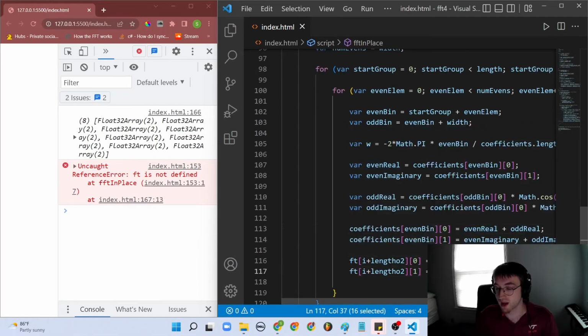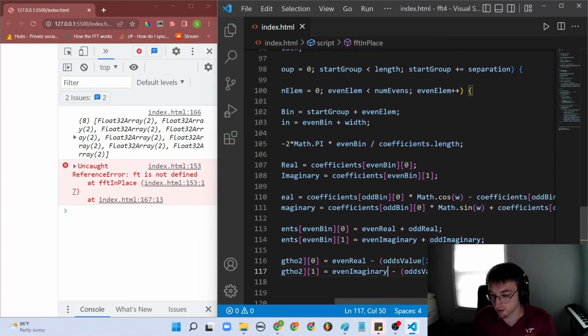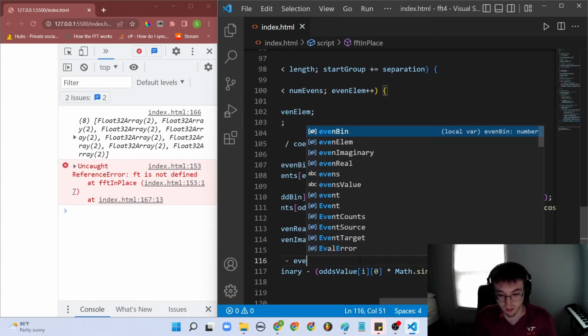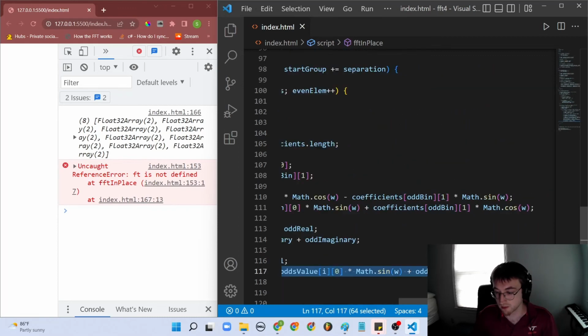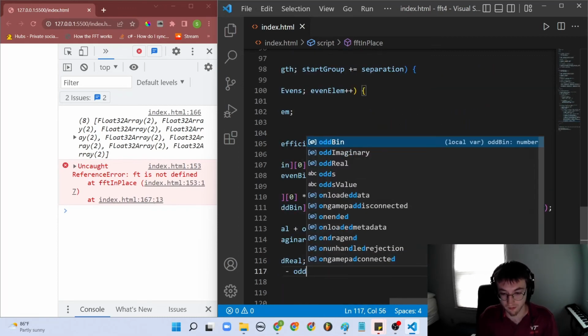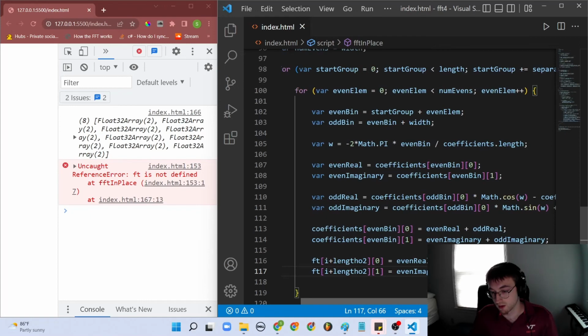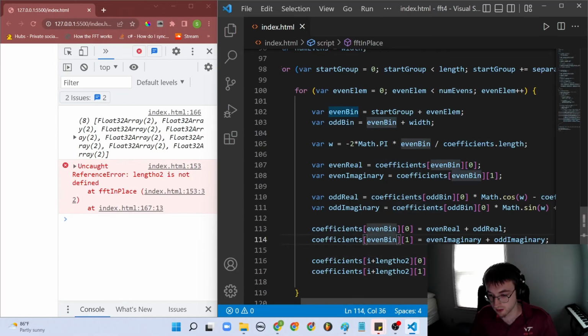But we're now subtracting, right? We're doing that negative x and negative y thing, where this is just the same thing, but negative x, negative y. So even imaginary. And then this is also just even, or sorry, odd real, and odd imaginary. All right, and we need to change this is odd bin,